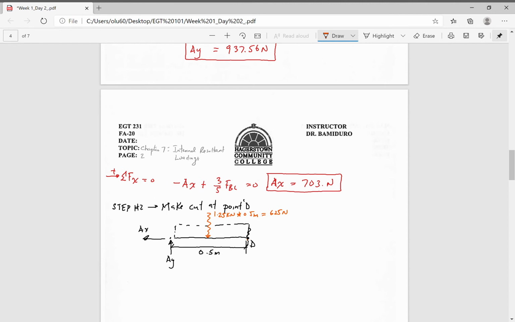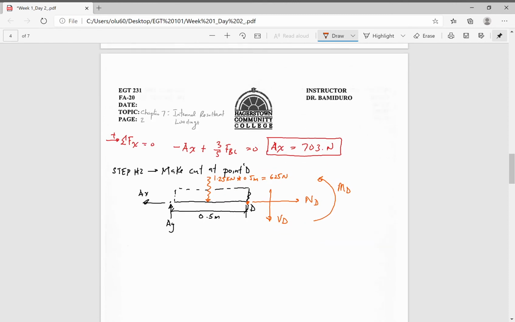Now mind you, at point D we have our normal force ND, our shear force VD, and our moment MD, at this cross-sectional point right here. We know these values already. We found them. So now we can find our internal loading. We can start off with our moment. The sum of the moments about point D equals 0. I'm taking clockwise as positive, and since our MD is going in the negative direction, that's negative MD